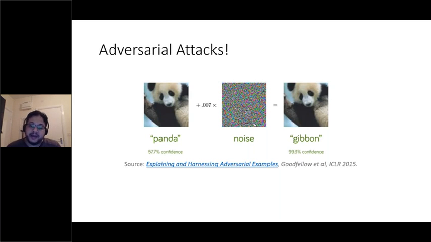So maybe a gibbon has some features that are in here, mixed with here. And the network has learned that a gibbon has this kind of features mixed with here because of the probabilistic distribution of where the images generated or taken for gibbons come from. And this has led the network to make some serious mistakes like this.